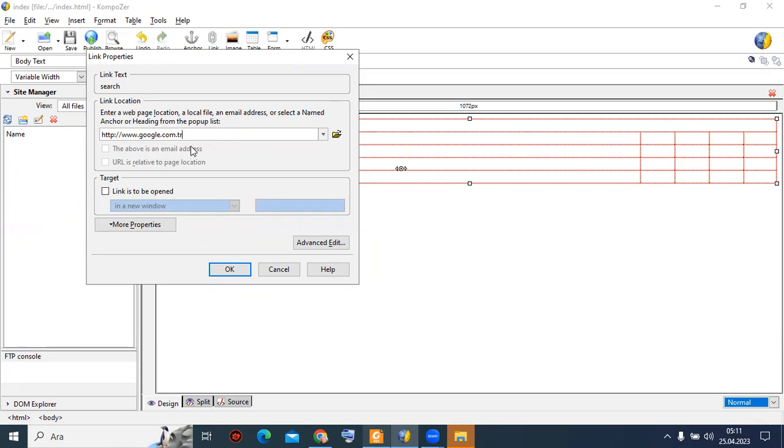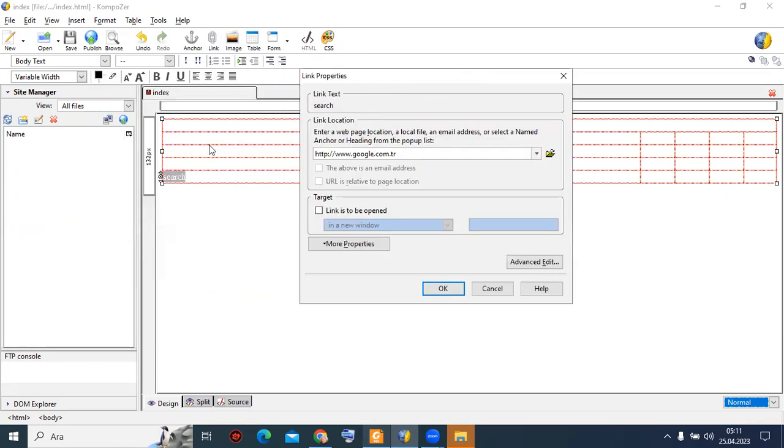Let me explain something before going further. This is the link. When I click to this text, it will be open. So I have some options. If I just select this one,